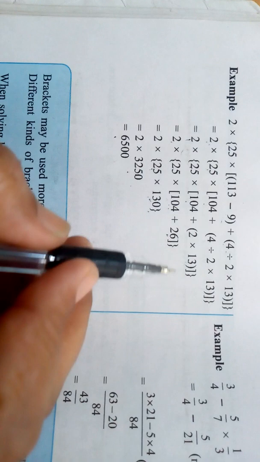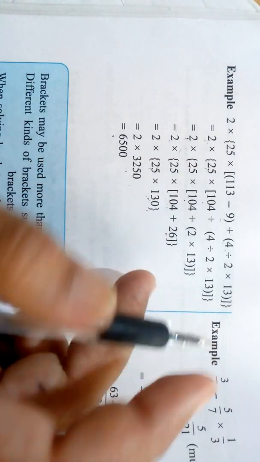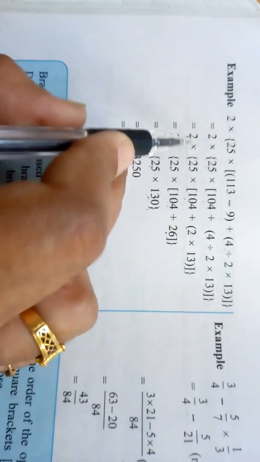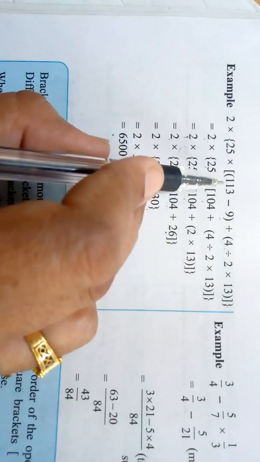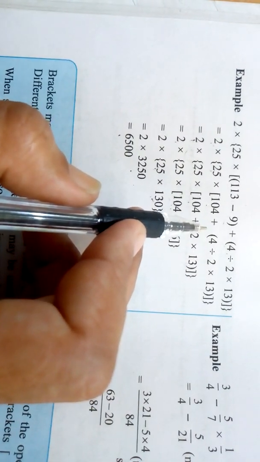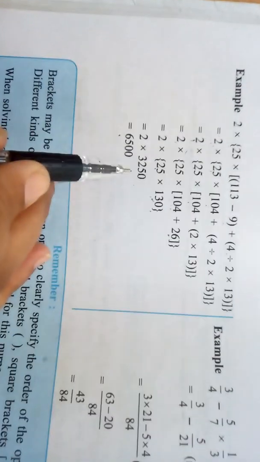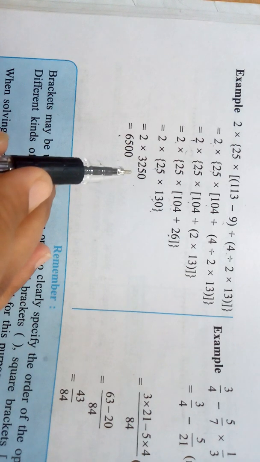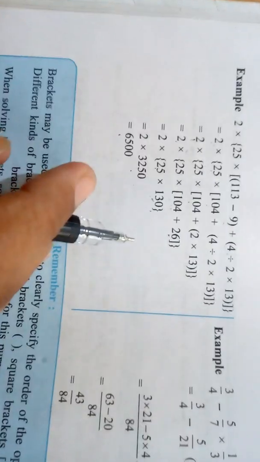So all rules are followed here. What are the rules? First solve inner brackets from left to right. Then whatever bracket is there after that, you have to solve from left to right. While solving also, you have to follow those rules. Which are the rules? First multiplication or division and then addition or subtraction. All those rules you have to follow for brackets also. So you will do all these things, and then whatever expression you get, for that also you will apply the rules. What are the rules? First multiplication and division and then addition and subtraction, and then you will get the answer.